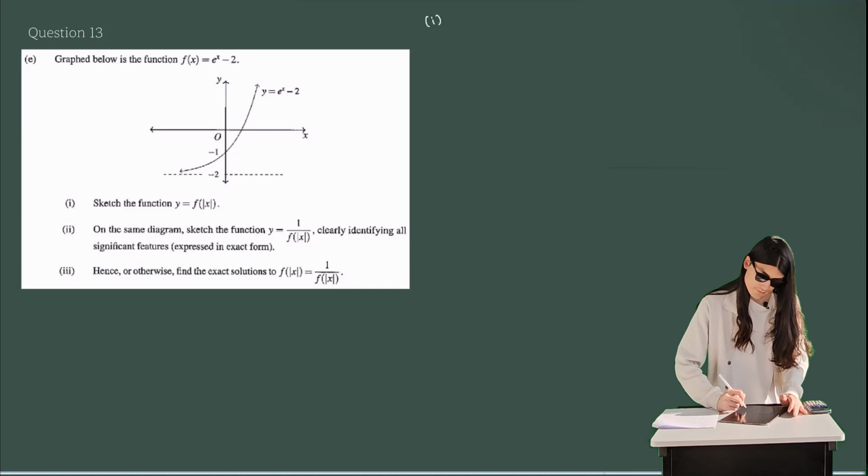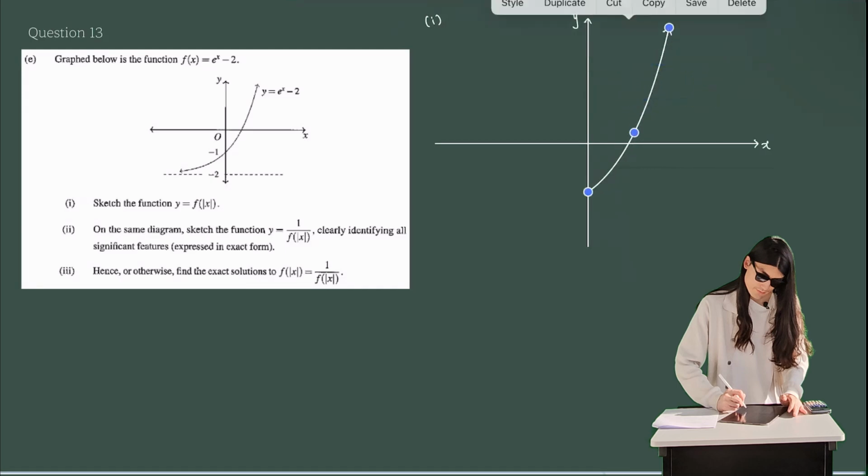This one is a fairly simple job where all that you have to do is keep the side of the graph for positive values of x, as in this part of the graph of f of x, which is shown to us in the diagram. We keep that as it is. Get rid of the other side, that is, get rid of the side of the graph for negative values of x. Reflect what we have over here across the y-axis,